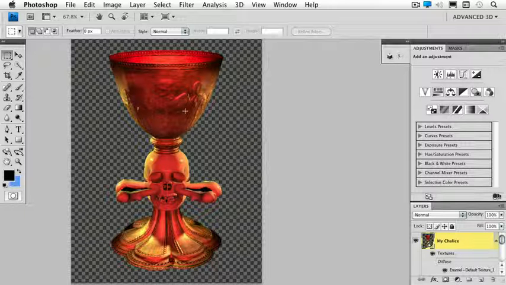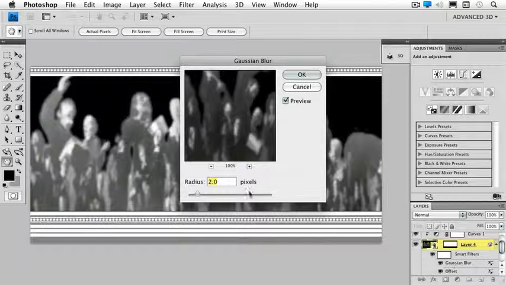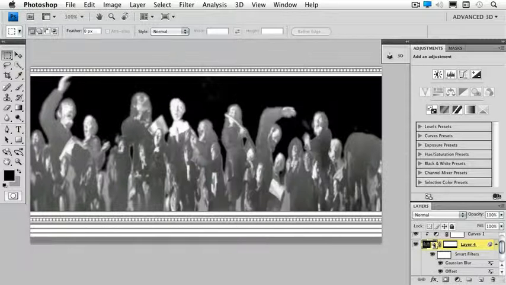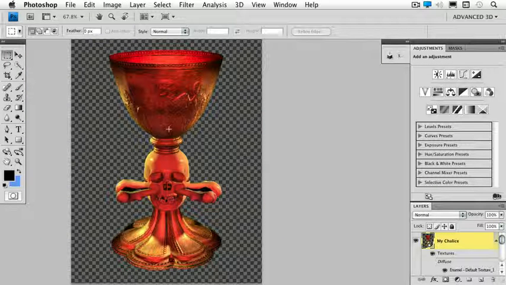I might have put a bit too much blur on it, but fortunately, the blur was applied as a smart filter to a smart object. So just double-clicking on Gaussian Blur lets us adjust that. Let's take it down to a blur value of 1 instead. Control Tab back. See the results. Even better. So as you can see, we've got a nice embossed effect at the top that achieves just what we were looking for,